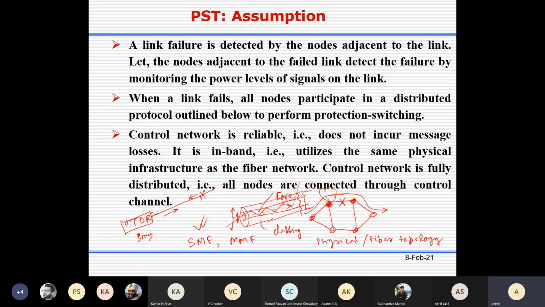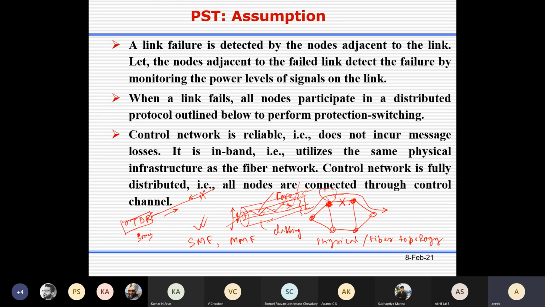But sometimes it happens that although this is your data plane, there is another control plane, and they are using a control plane here. The data plane is the one through which you can send data at a very high rate.